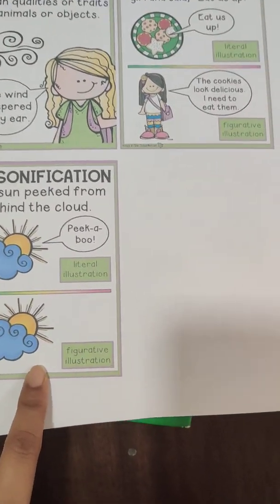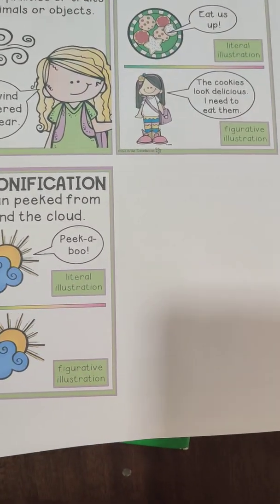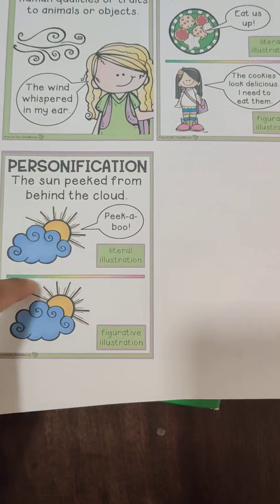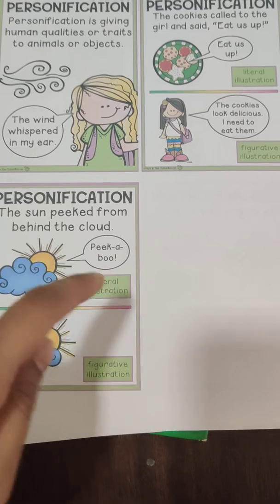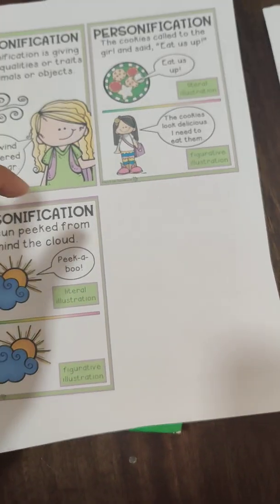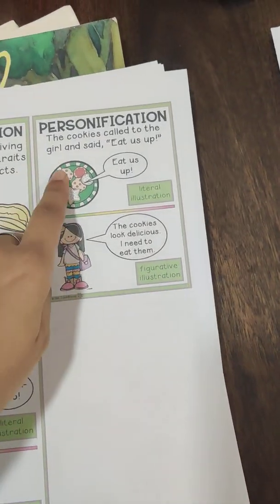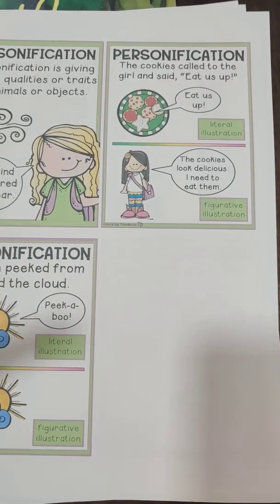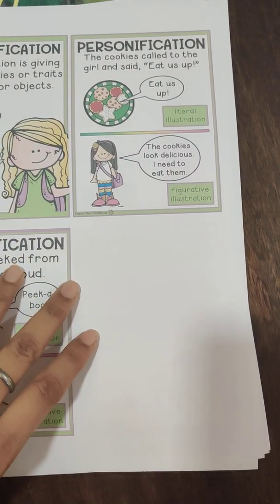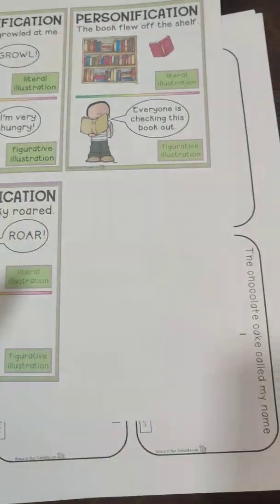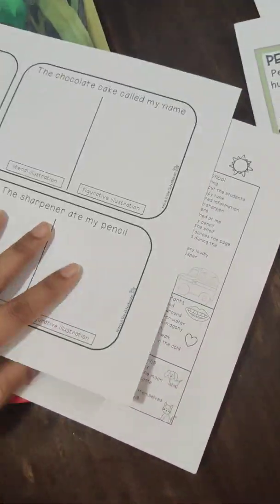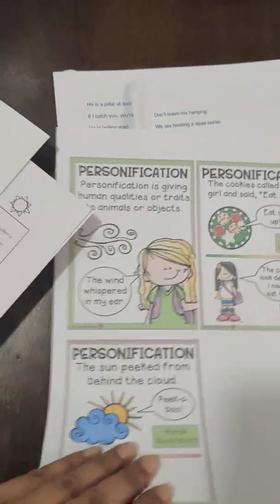So see, this is a figurative illustration and this is a literal illustration. Okay, what is the difference? In figurative illustrations you will just have the drawing, and in literal illustrations it will have a dialogue. Okay, now look at this one. So initially you have to teach your child exactly what personification is. Read out these flashcards, and then they have the worksheets. So these are the worksheets. Okay, and then you provide them